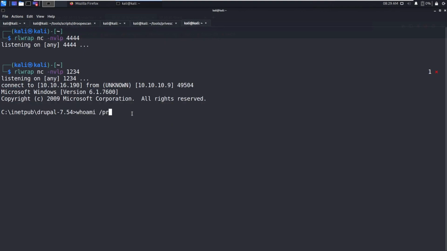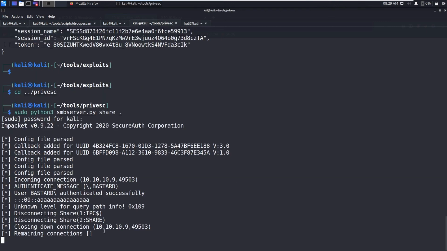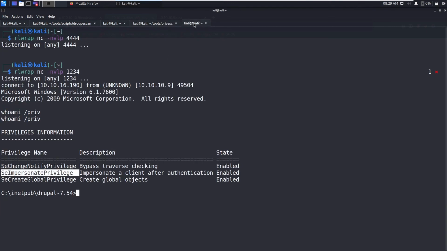Whoami /priv. You can see SeImpersonatePrivilege has been enabled, and we are the service account, and it's a 2008 server. So you can simply run the Chimichurri exploit. It should work most of the time. Otherwise we will go for WinPEAS, Sherlock and Watson. So let's copy.